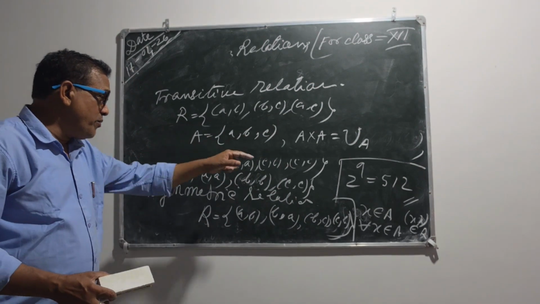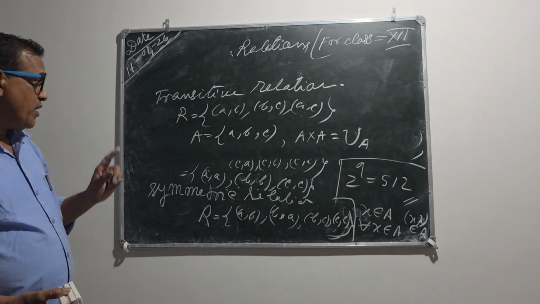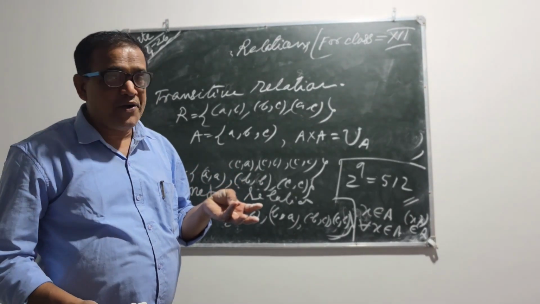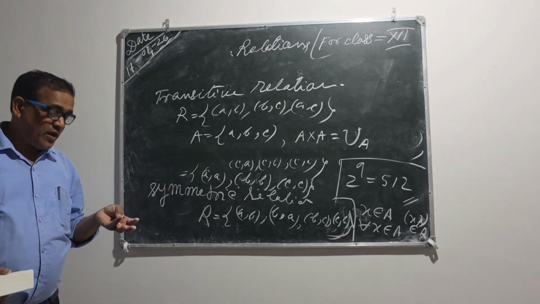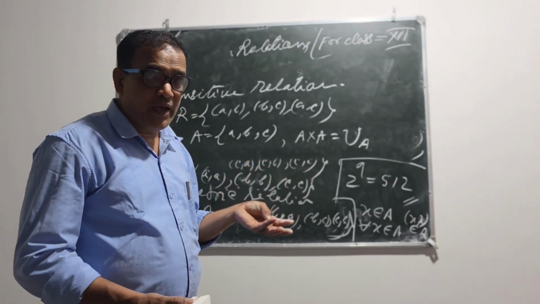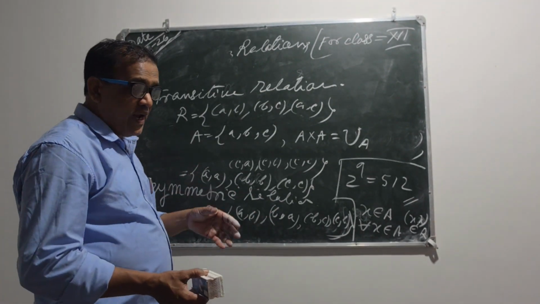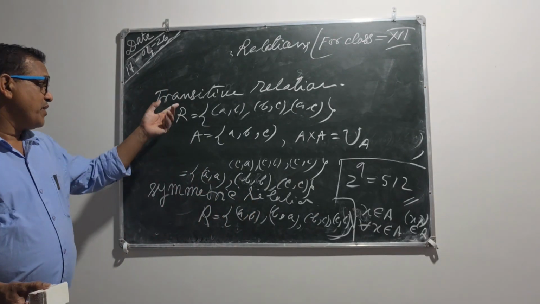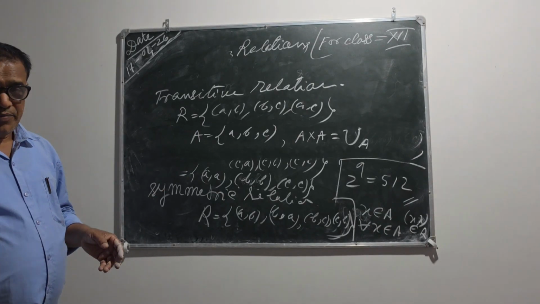Now, universal relation, transitive relation, then what is called an equivalence relation? Equivalence is reflexive, symmetric, and transitive. If it can satisfy all these three conditions, then it will be an equivalence relation. If any relation can satisfy, first of all, it must be reflexive. Secondly, it should be symmetric as well as transitive also. Then only we can say that will be